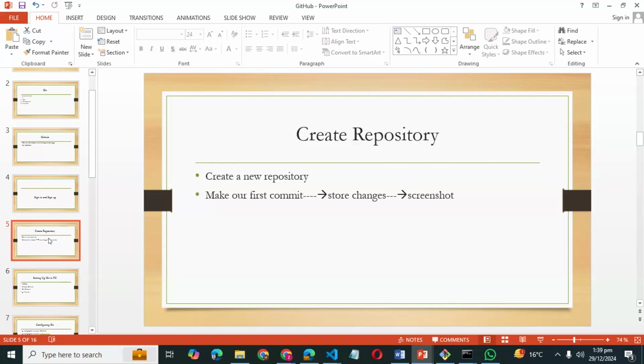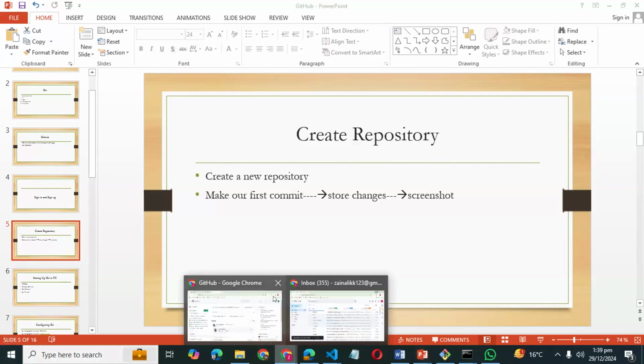Remember, to create a repository, just give me the series of steps we follow. First of all, we created an account on GitHub.